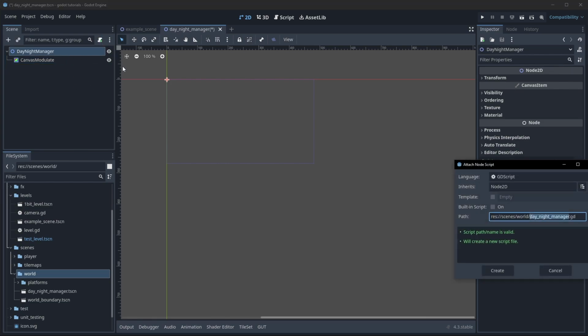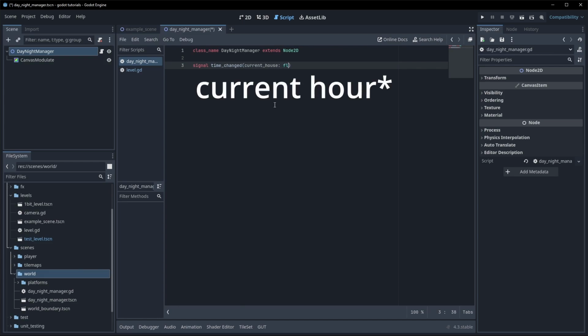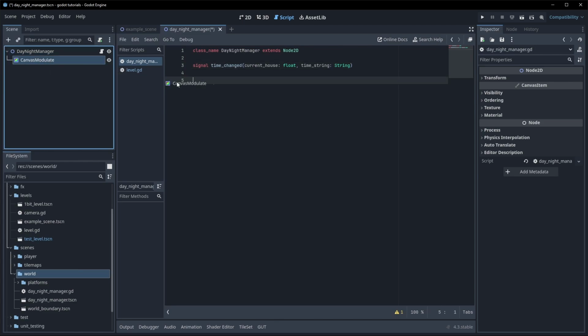We also want to attach a script to this. This script is going to have a lot of code in it, so I'll explain along the way. But let's just give this a class name as our day night manager. And it's fine to extend Node2D. We're going to have one signal, which is time changed. And we're going to give it the current hour, which is a float, and a time string, which is a string. We're also going to want to have an onready variable of our canvas modulate,